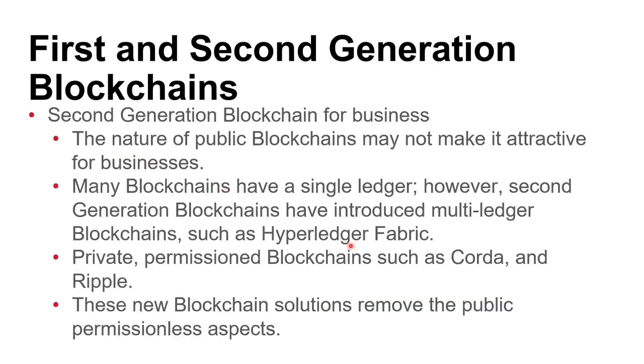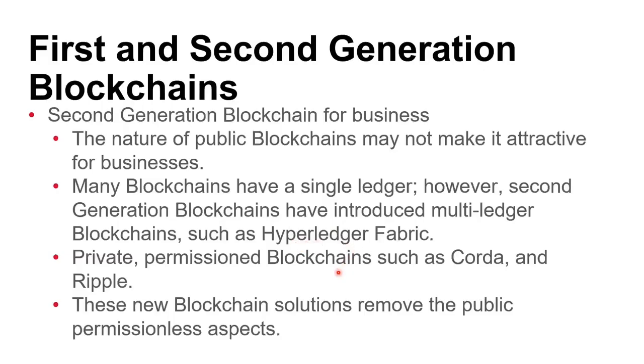The nature of blockchains may not make it attractive for businesses. However, when a blockchain is public, it is maybe a little bit less attractive for business, let's say. But many blockchains have a single ledger. However, second generation blockchains can be multi-ledger. So Hyperledger Fabric is one such product